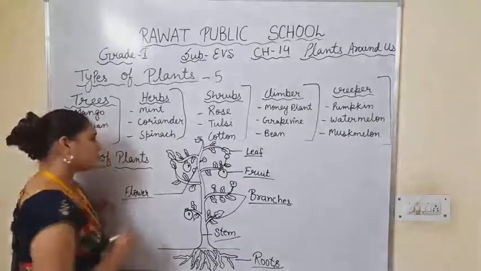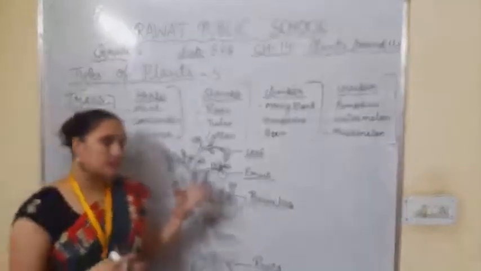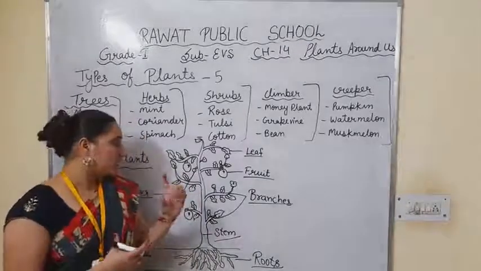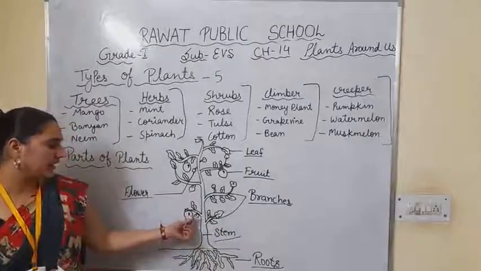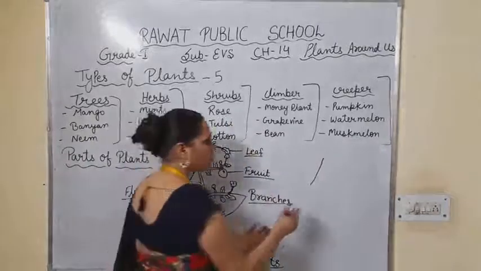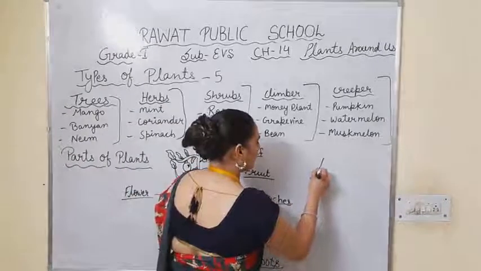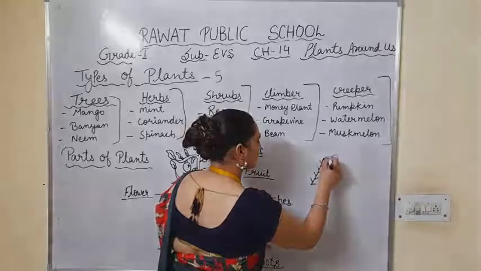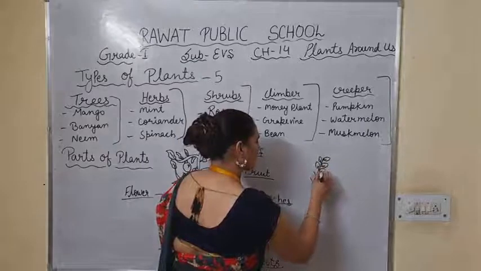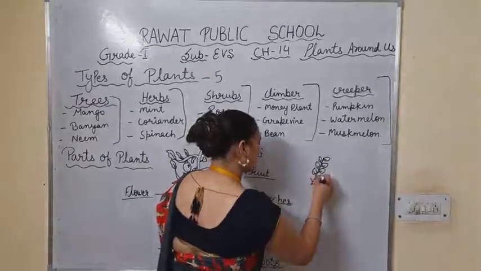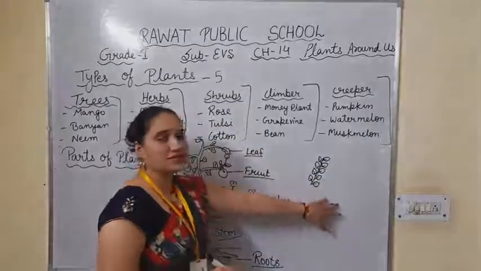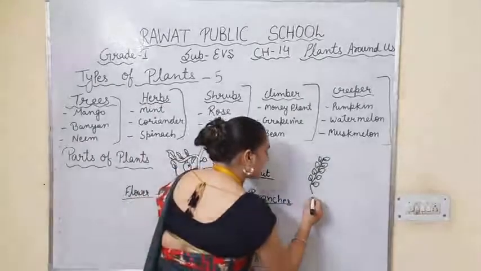Now students, I am going to take you a little bit further and give you more knowledge. Do you know where the leaves are? If somewhere you can see a very thin stick, and on that so many leaves are growing like this. Let me draw first and then we'll talk about it. You can see these kinds of sticks on the branches, and a couple of leaves are there on a single line. So these lines are called twigs.